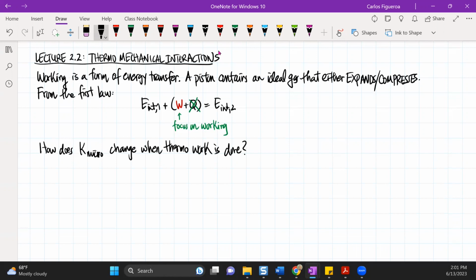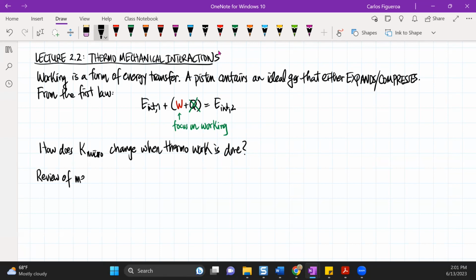And note, I specifically said thermal work. The reason is that there are two types of work we have to consider: mechanical work and thermal work. So before we get to thermal work, let's do a review